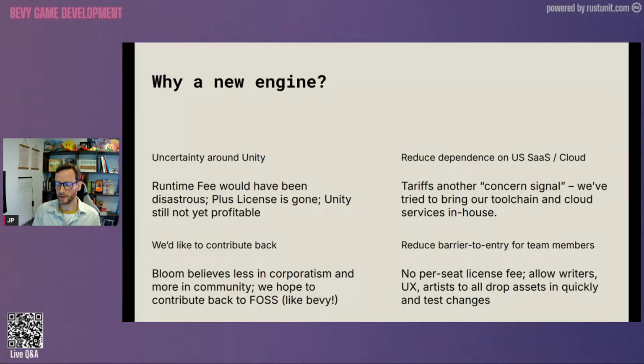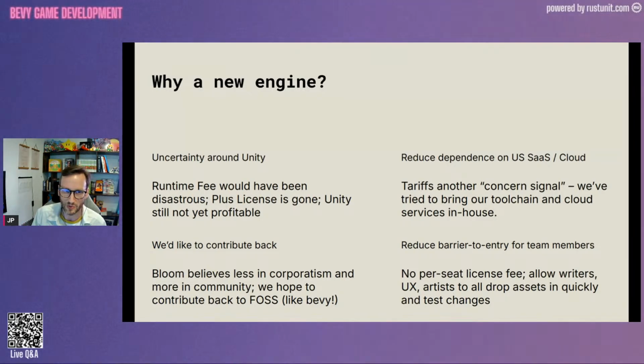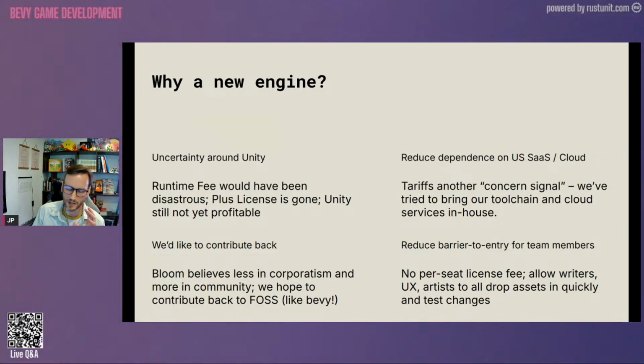So those who are grizzled game dev vets in the audience are probably going, what on earth were you doing? Why did you rewrite your game in Bevy? And we have a number of reasons, and I'm going to run out of time if I go too much into depth here, but